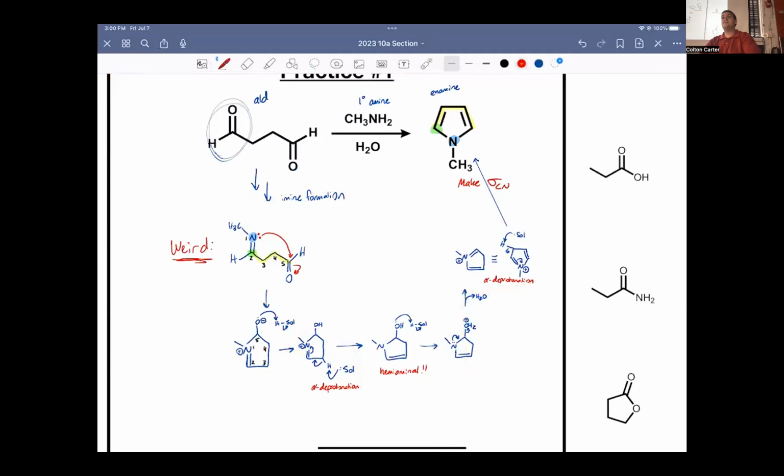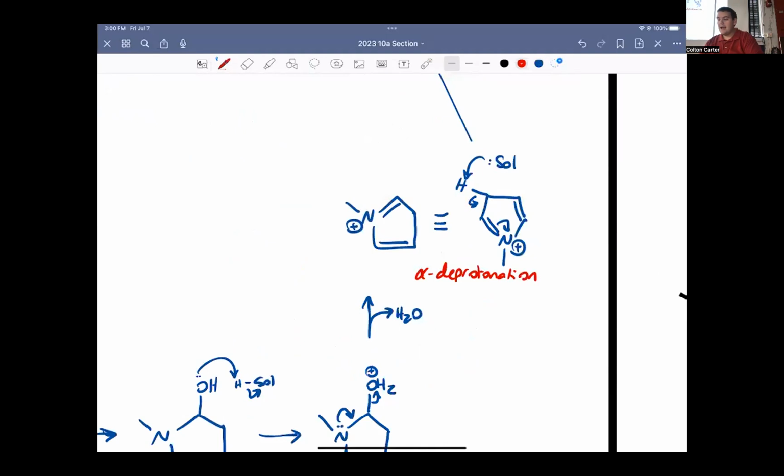You do it from the side next to the carbon because you're making a carbon-carbon bond. So if we had something else here, like we had carbons here and we had a hydrogen here, then